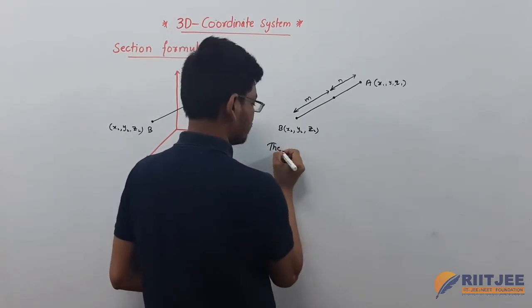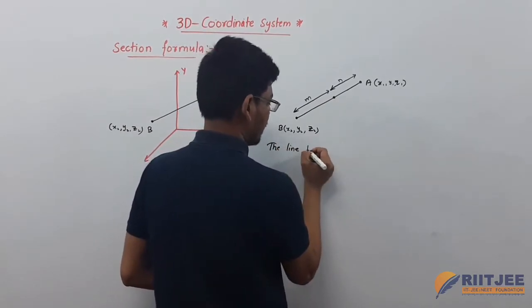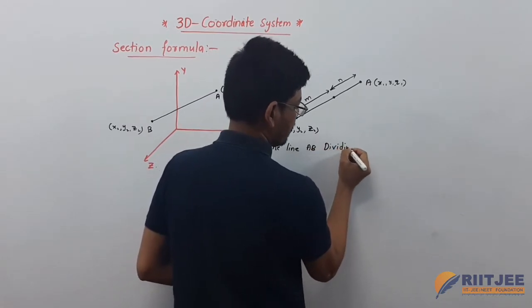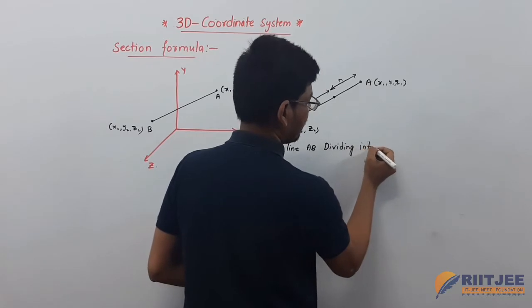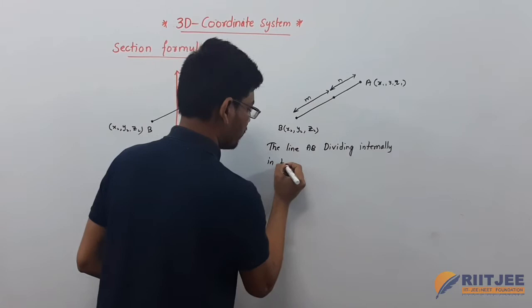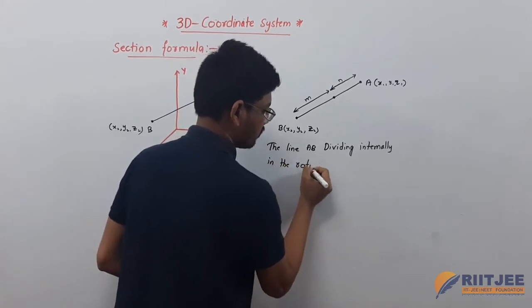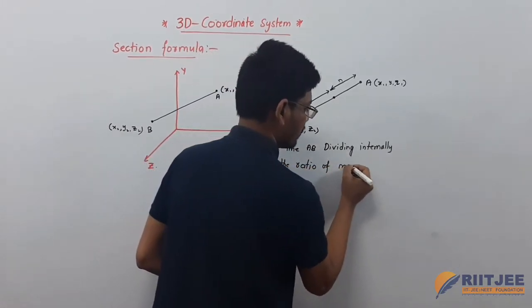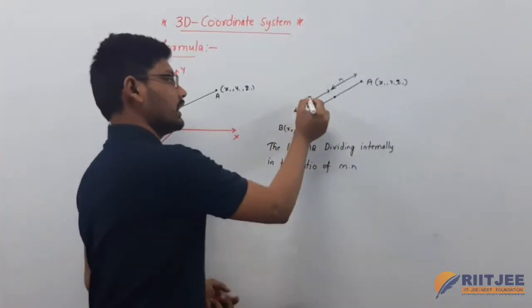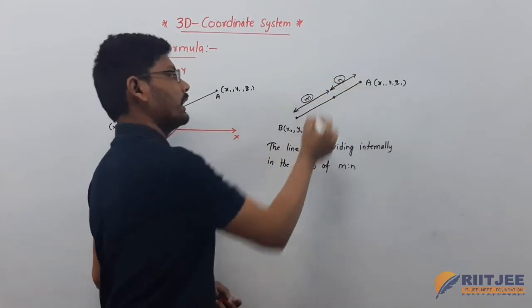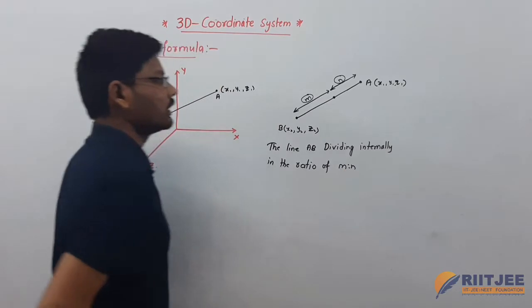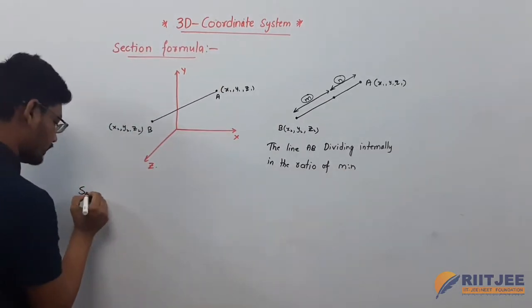The line AB dividing internally in the ratio of m is to n. So then the section formula will be